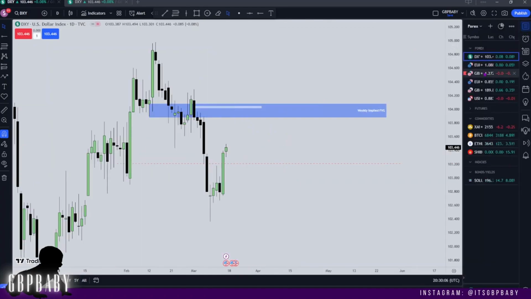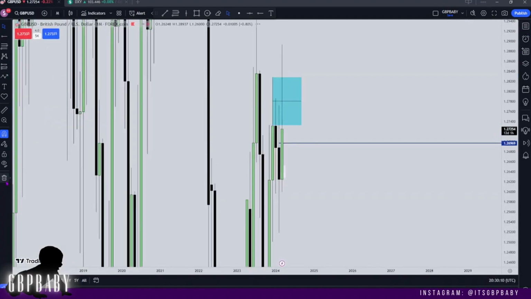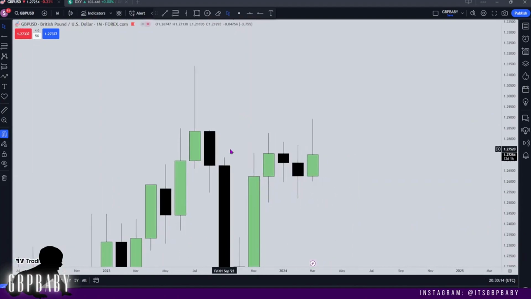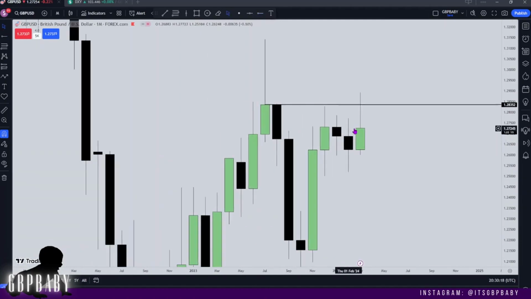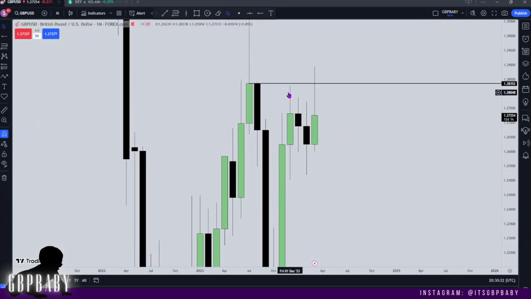Right, so that's all good. Let's go to GBP USD, and we're going to start on the monthly. Get rid of these, and I'll show you exactly what I'm looking at here. So we traded up into this level, which is a rejection block, and you can see we've just keyed off of that level, which is nice to see. And again, of course, I'm going to have some kind of target, some limit on what I expect price to trade to. So I am looking at this wick from the month of December,